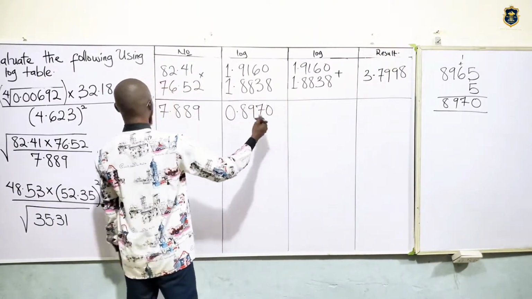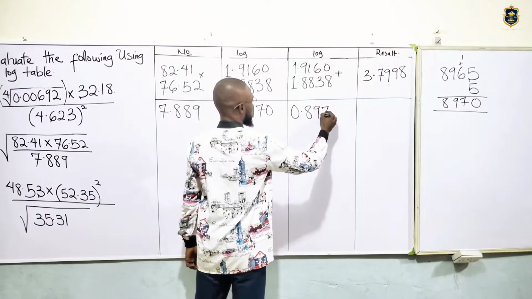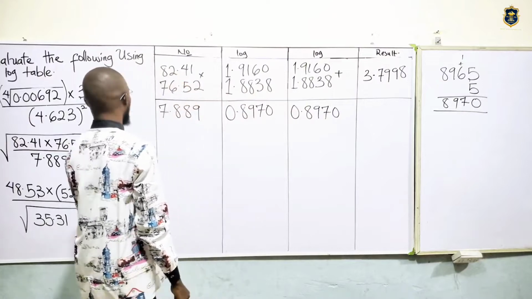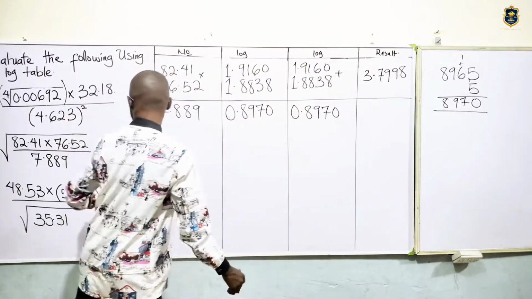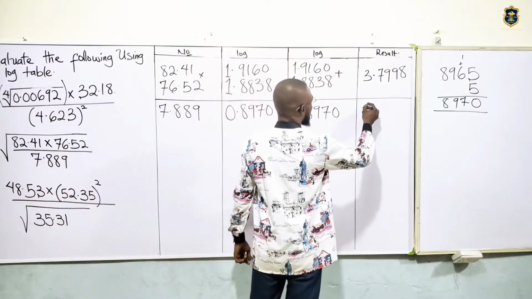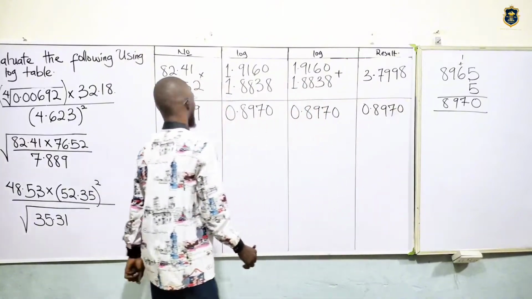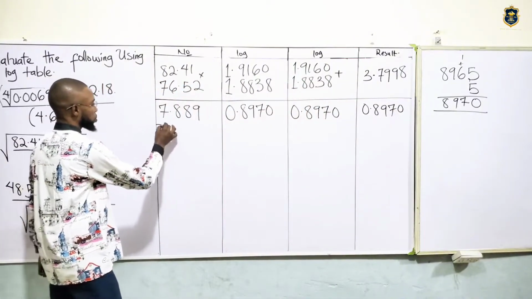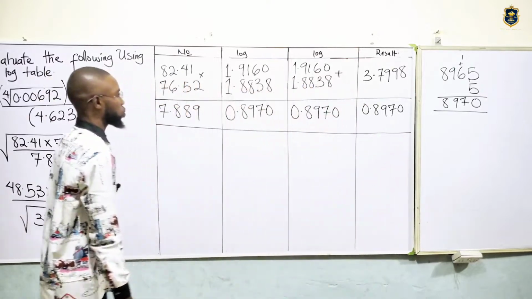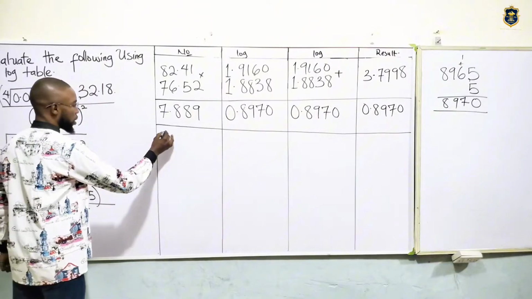We come here and put in 8970. We're not multiplying anything, it's the same thing. 0.8970. So what do we do now? We discover that since we're not putting anything, they're not multiplying. The denominator is just 1. Just finish it up. Yes, 0.8970. That's all we have for that, right? The result. Then what do we do next? Watch. Since they are dividing themselves, it is now we have